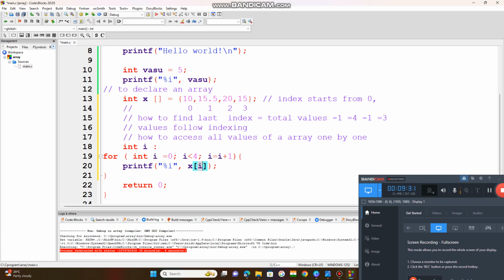Now i is incremented to 1, 1 is less than 4, the condition is satisfied, and i is incremented to 2. Whenever i is equal to 1, the loop goes to this index, so 15.5 will be stored. Like that, one by one, whenever i becomes 3,